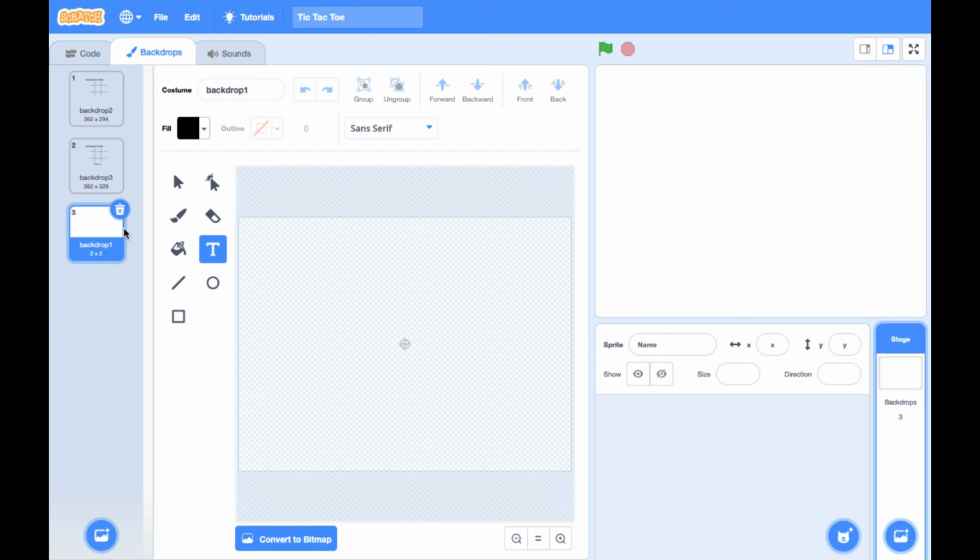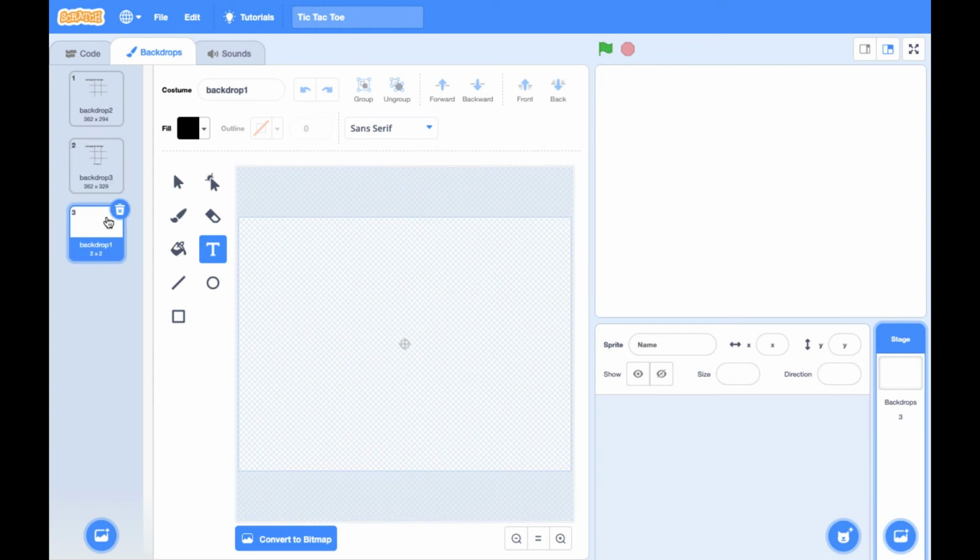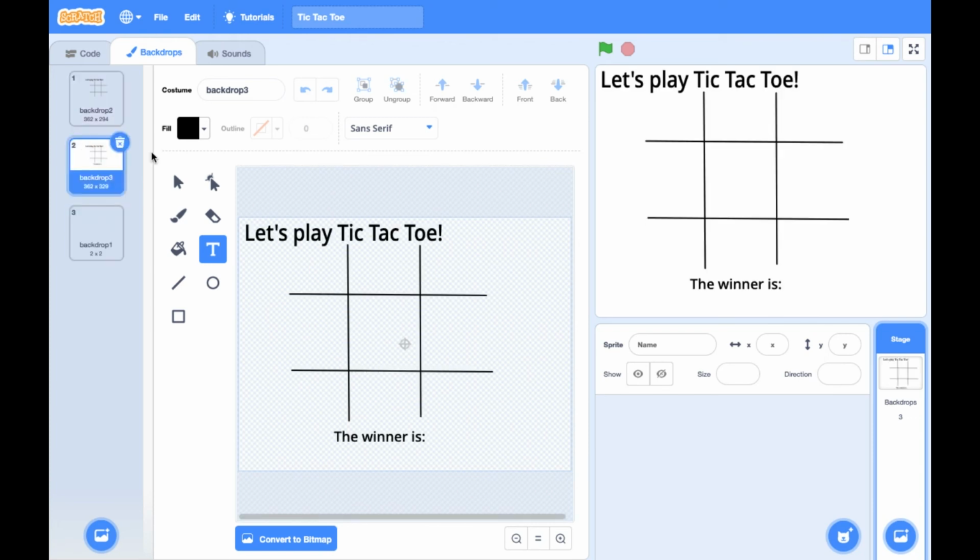In this one we have two possibilities actually, but in the first we have the third one because we have the cover page kind of thing to start the game. In the second we have two possibilities, right? I was talking about that. So in that, either someone wins or there is a draw. If someone wins, then the winner's name will be right here.